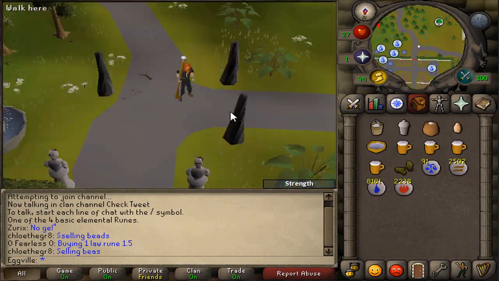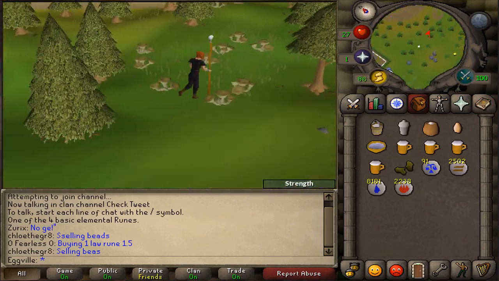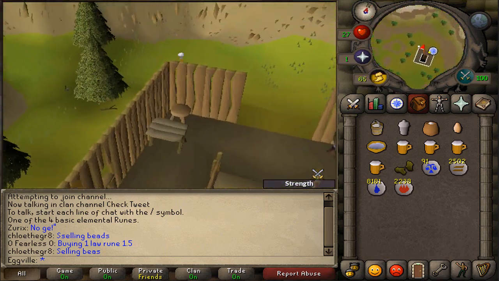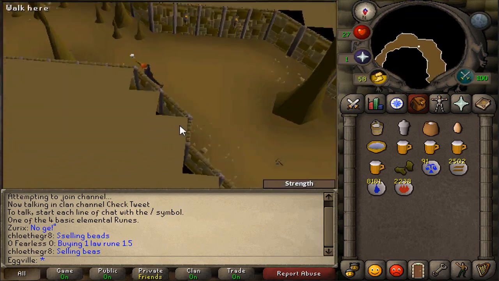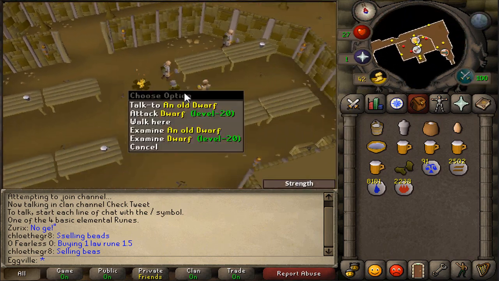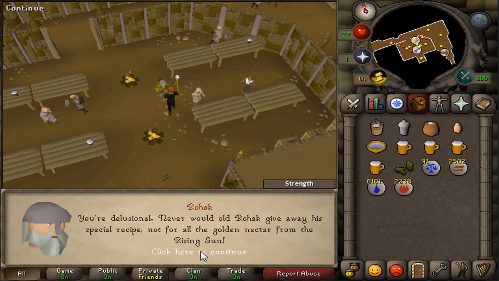So talk to the dwarf, the first guy on the table, and teleport to Camelot and run east to where you start the Fishing Contest quest. Go down the stairs and follow the path to the middle where you're going to talk to the old dwarf. He'll then tell you to get the rock cake recipe from the pub in Falador,